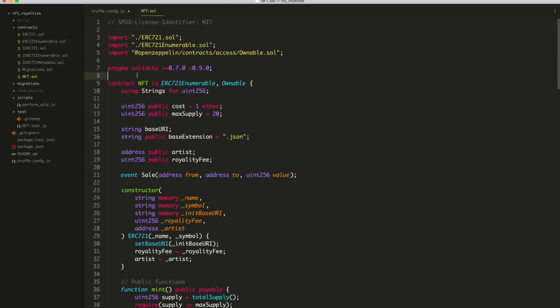Okay. And so we create a contract called NFT. So that's how you declare a contract, with the keyword contract. NFT is ERC721Enumerable. So basically this lets us have a collection of NFTs. All right. And it's also Ownable, so we can have the person who creates the smart contract be the address who has special permissions. Okay. So inside of here,